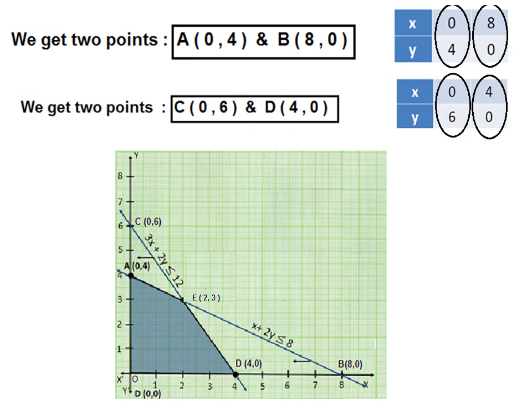But we have one more line to consider, that is the line joining the points C and D. Look at C. What is C? 0, 6 means the point on the y-axis, at 6 units on the y-axis. Similarly, what is point D? Point D is 4, 0. On the x-axis at 4 units, you will get the point D, 4, 0.